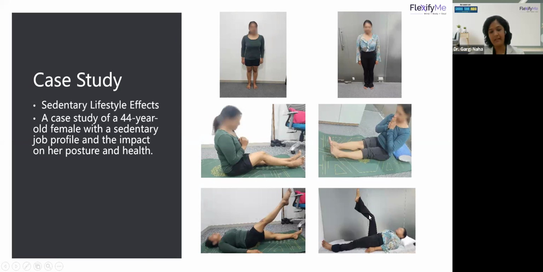That still indicates yes, there is some muscular tension which is still there. So we are working on it. What we did is we worked on her spinal mobility. We worked on the muscular flexibility. The most important was working on the nerves. So we worked on the nerve flexibility as well to improve or to show these changes.